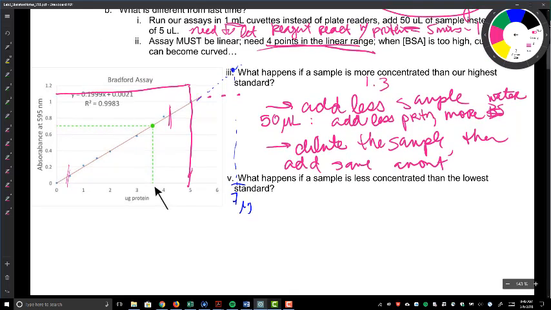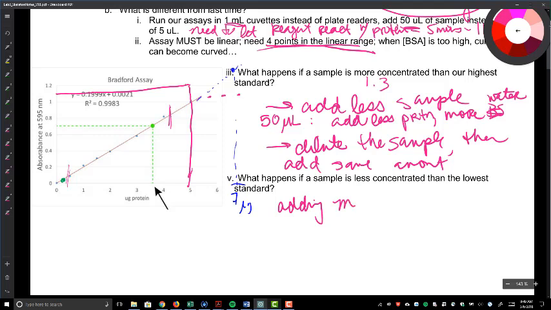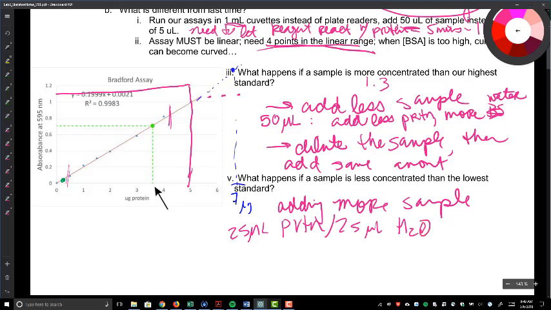And then there's the issue of what happens if a sample is less concentrated than the lowest standard. So let's say you get a value that comes in around over here. Again, we want to be between this guy and the top guy. And so at that point, what I would recommend doing is adding more sample. So you don't want to dilute it, but let's say you're adding 25 microliters of protein and 25 microliters of water. Why don't you try adding 50 microliters of protein? So play around with the amount of protein that you add,